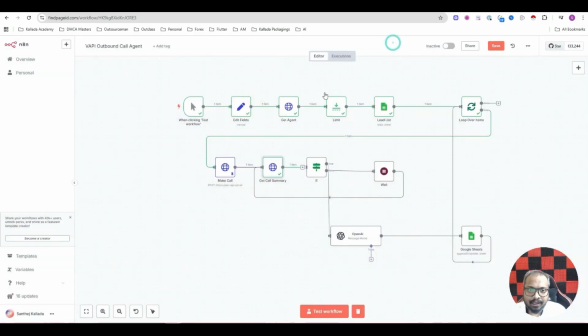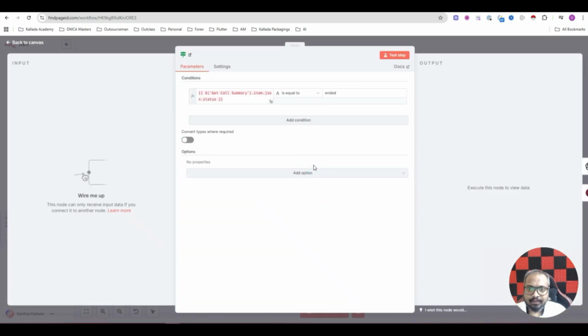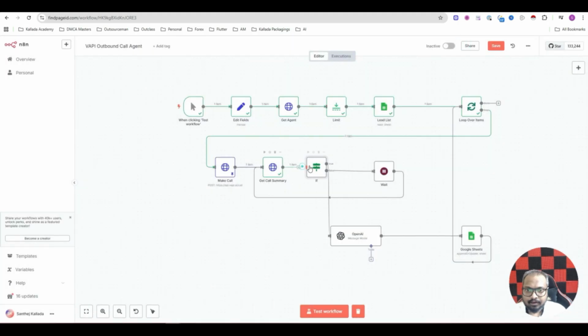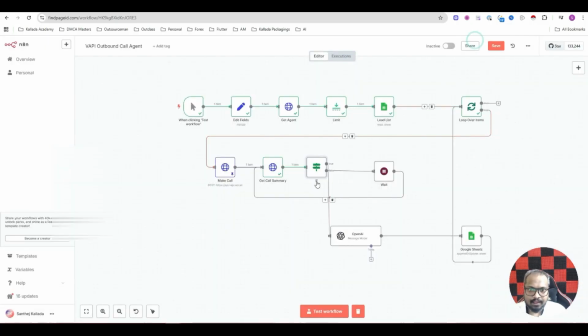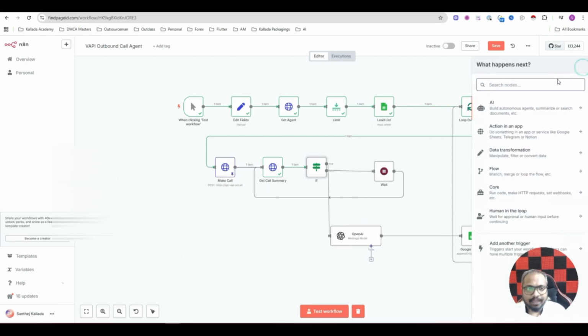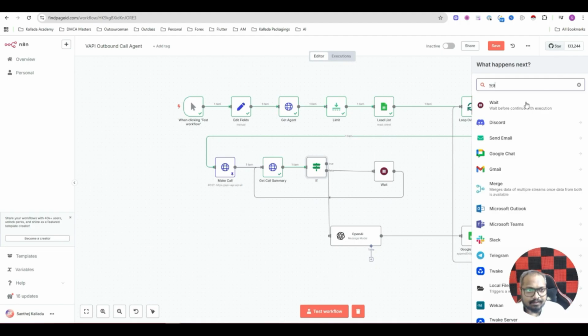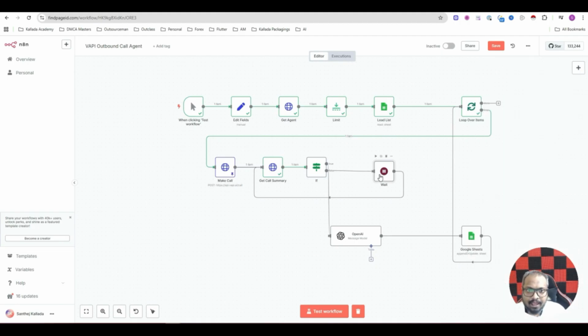So I am going to add an if node, which will check if the status is ended or not. See here, I'll just connect it here. And the status I'll drag and drop here, is equal to ended. If the call is ended, it will connect to an OpenAI node, which I'll explain later. But if the call is still in progress, it will add a wait node. See, this is a wait node. It will wait for 10 seconds,